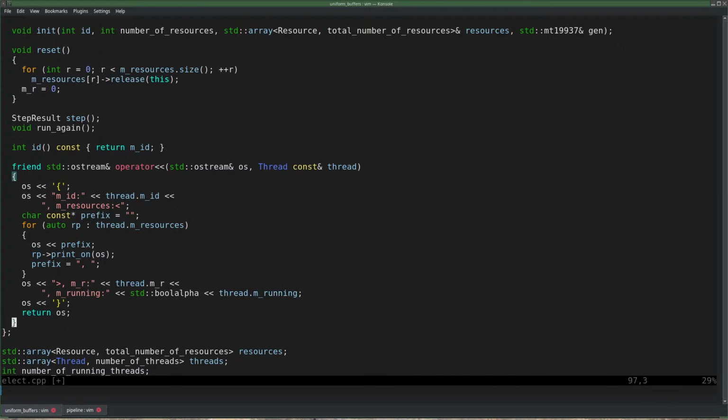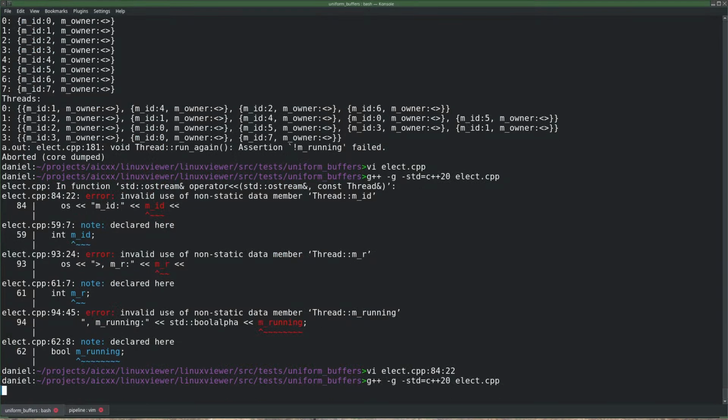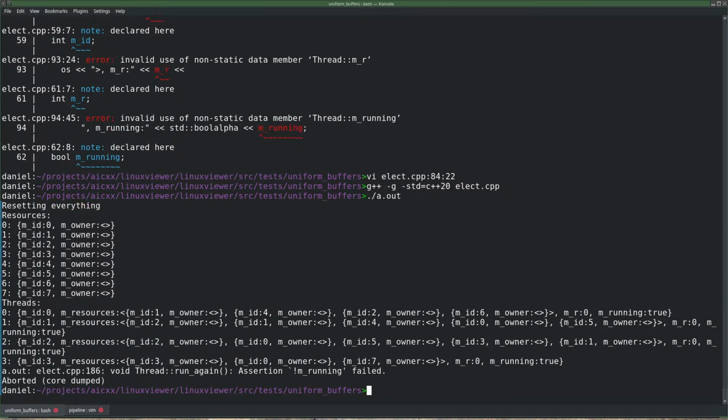That's why I like to use print on. Maybe I should switch. I should add that as well. So now it's printing. Same thing as here. The ID is obviously the same as we printed at the beginning. M resources equals 2. Well, one of the resources is